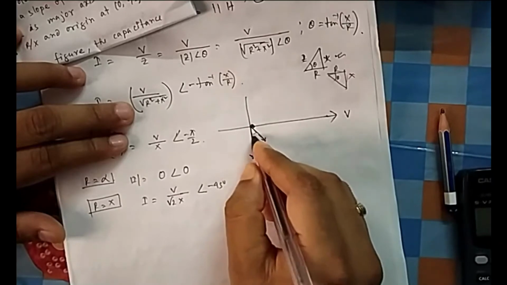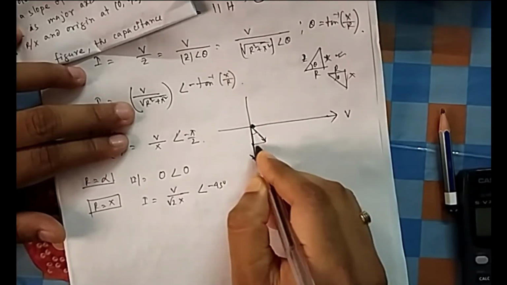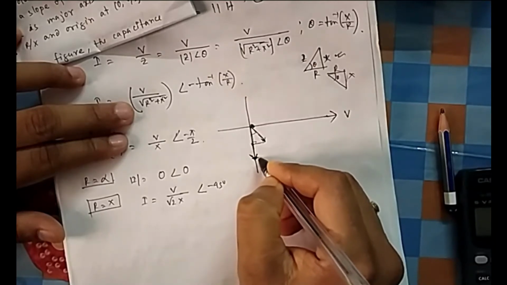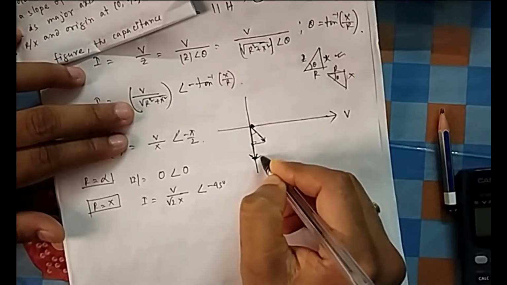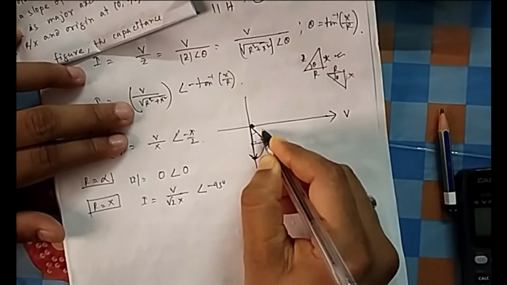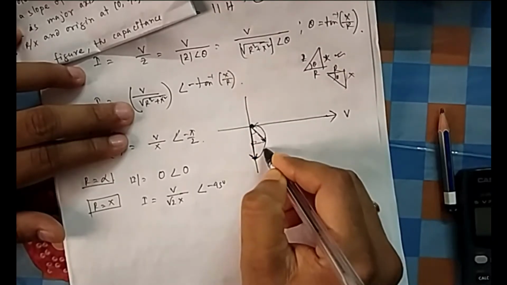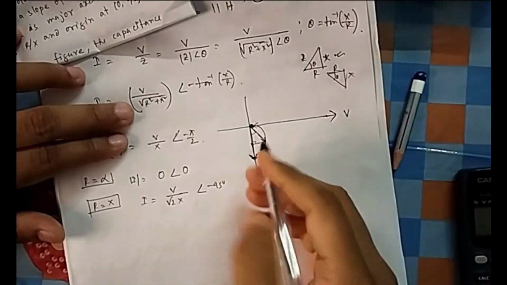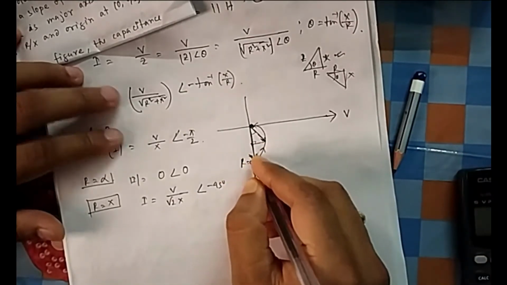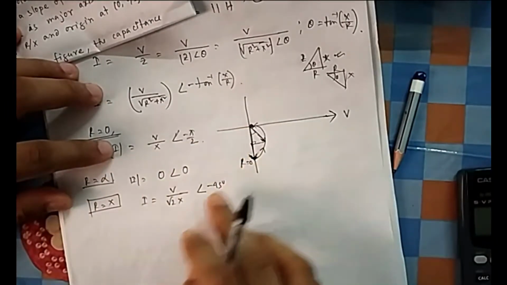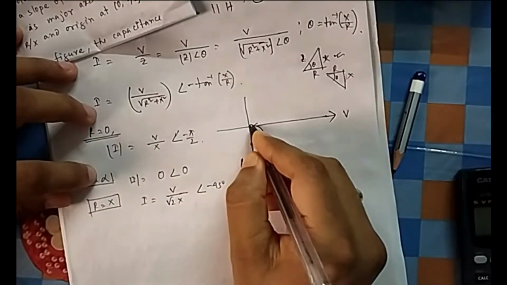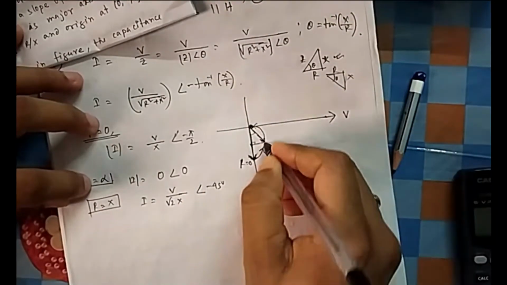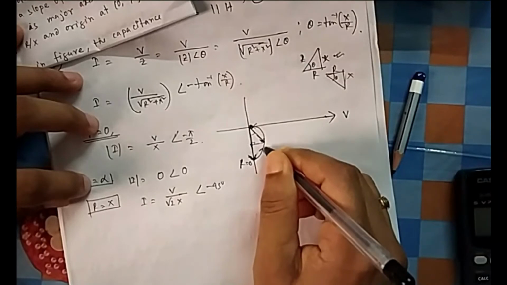Somewhere this tip, this angle is 45, so somewhere this will be 90 degrees. So this is the tip. Now you can follow, now you can think. My current, okay, this was R equal to 0. When I increase my R, the current reached like this. So this is the locus, you can see the locus. At R equal to 0, the current tip of I was here, at an angle of 90. At R equal to infinity, it was 0, so the tip of I was here. At R equal to X, the tip of I is here. So my I phasor is moving in this path.